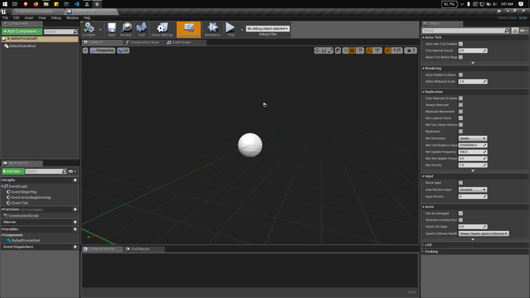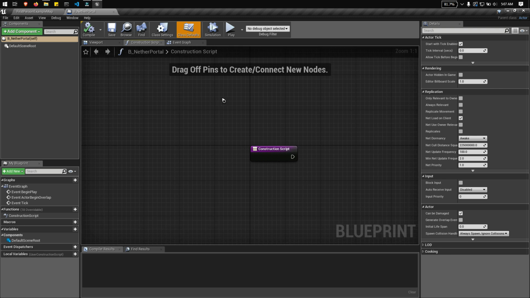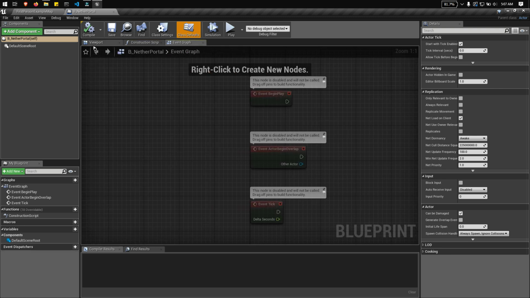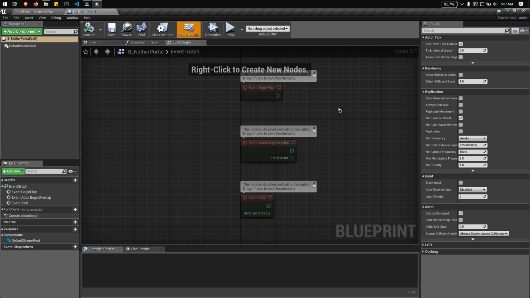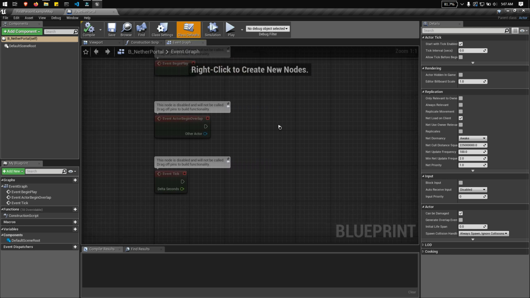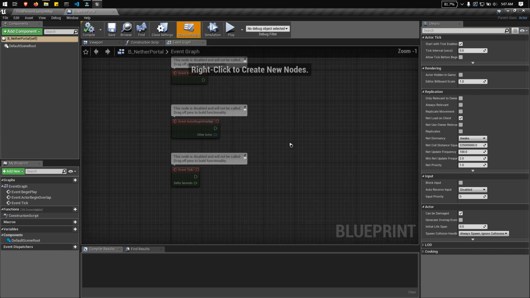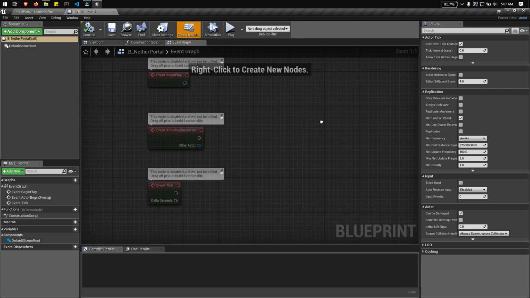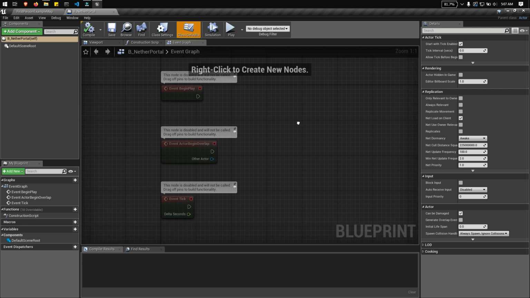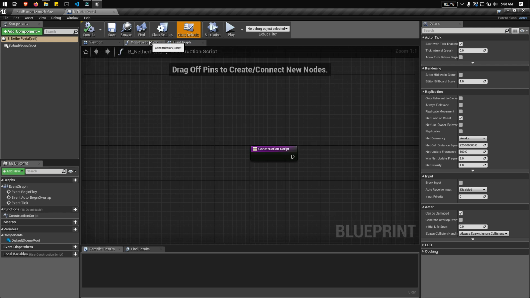So this is what a blueprint viewport looks like. When you're creating a blueprint, we have these three tabs: the viewport, the construction script, and the event graph. These are all the main tabs that you have in blueprint creation. In the event graph, this is where the nodes that you need to create an interaction or the other code that you need to apply on a blueprint will be created, especially on the construction script.